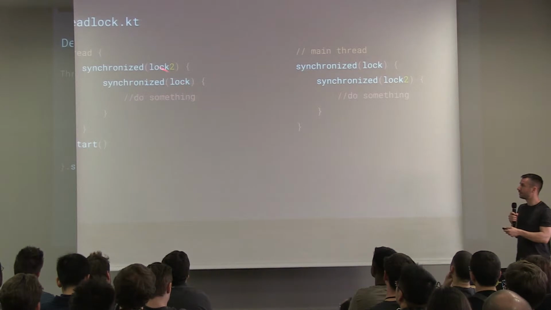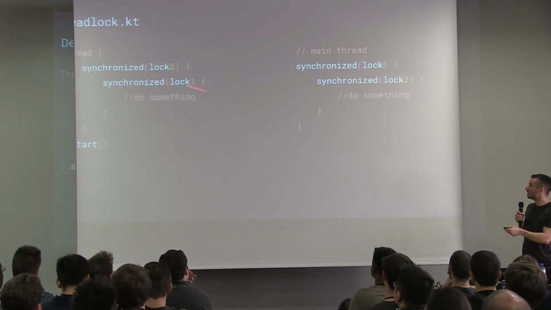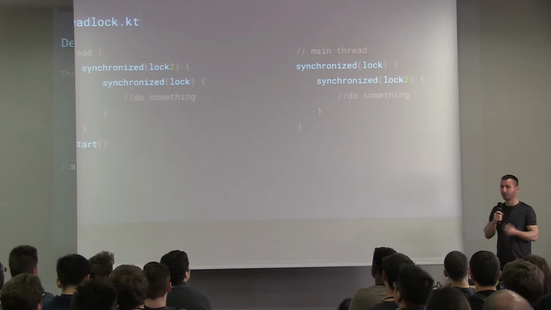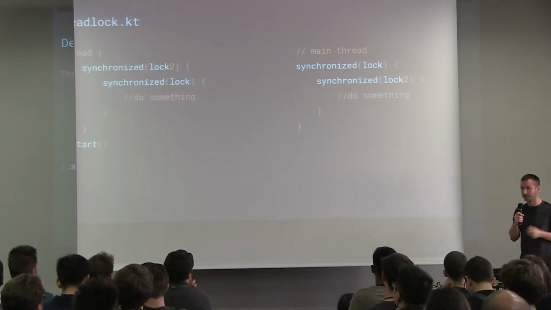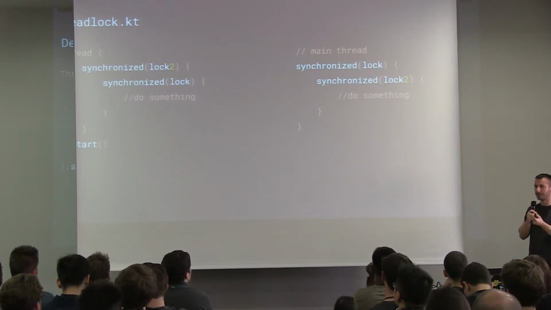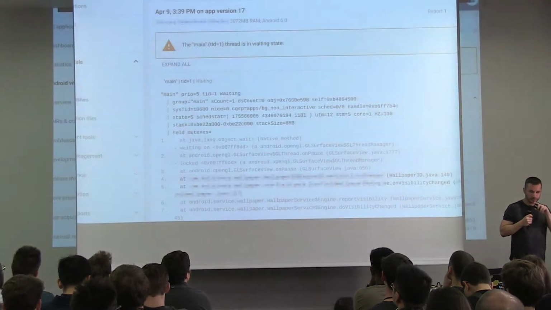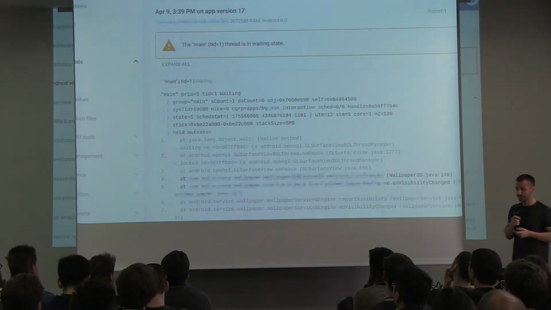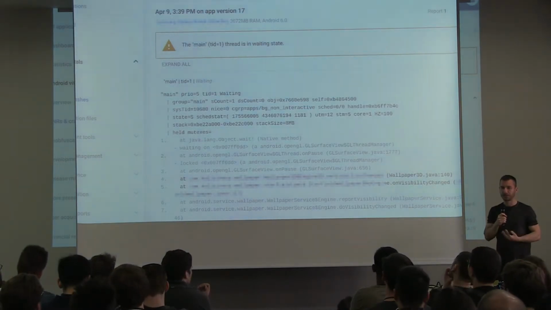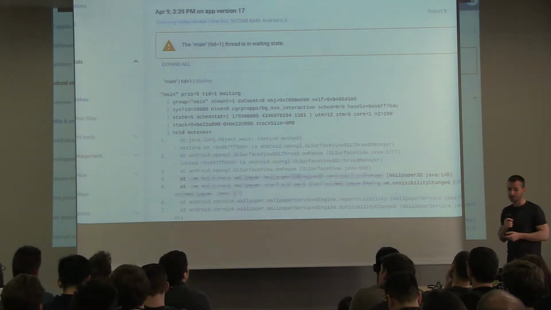A classic deadlock example is if you synchronize on two resources and do it in the wrong order. Now, if one thread locks the first one, and at the same time the other thread locks the other one, now they will both be waiting on a resource that will never be possible to get control of, because they both lock different things and now they wait on each other. So essentially they're in a deadlock. Neither thread can move forward. And this is a situation you will probably only see whenever you work really low level with synchronization and multi-threading. If you use libraries that help you with that, you will not encounter this.